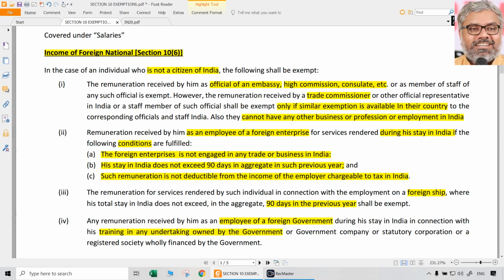Training not from private coaching centers. Training in undertakings owned by the governments or government companies or statutory corporations or any registered society wholly financed by the government. If the foreign government employees are coming for such training in India, and maybe they are coming to learn some skills in India,